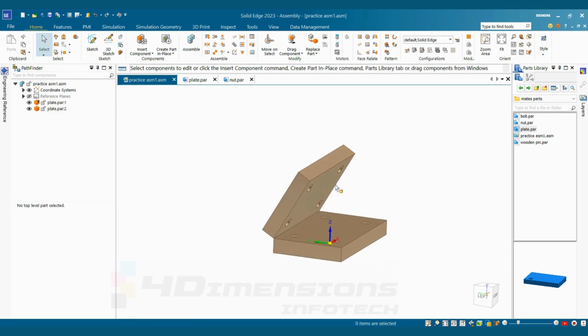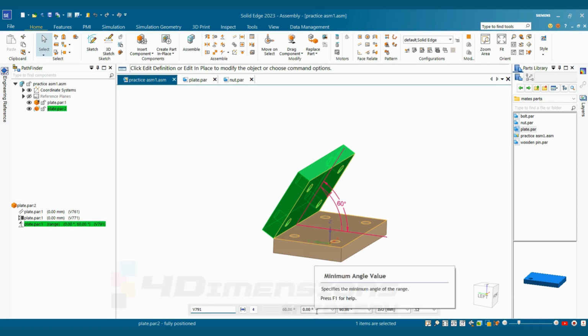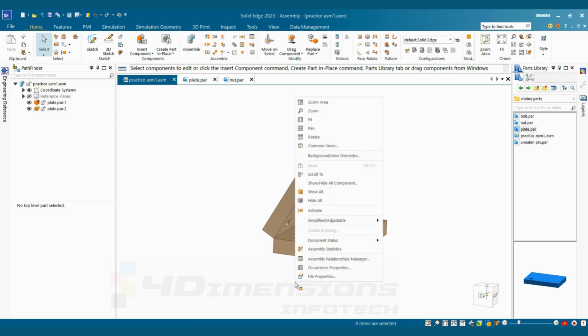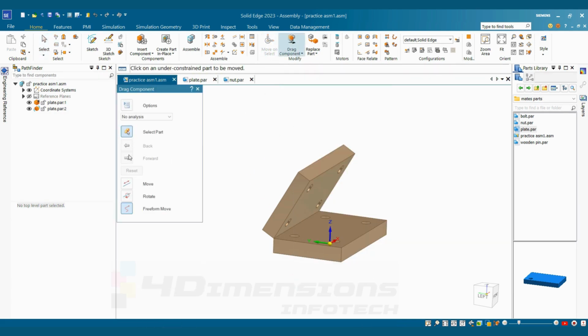So now we want to apply the range between these two angles. For that I'm going to select the plate, select the mate, and instead of keeping it fixed I'm going to say range here. So now in range the minimum angle is coming at 0 degrees and maximum is coming at 60 degrees. So we'll just keep it here, and we can see here now by dragging this component you just need to say free move,